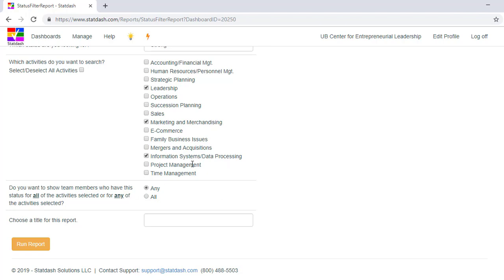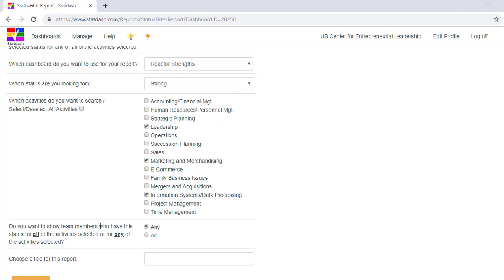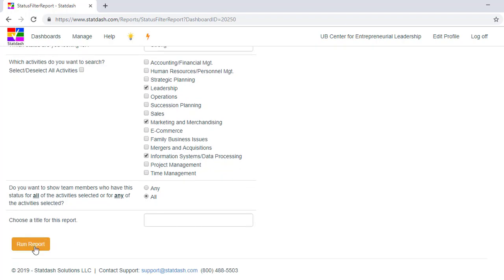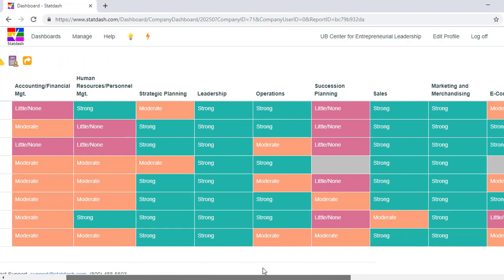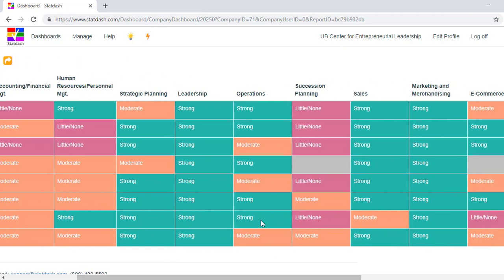And what I'm going to do here is say that I want to find reactors who are strong in all of these different areas. I can give it a report title if I want, and then I just run the report. So this came back out of a group we have, about 300 people in here, and it came back with this subset. And if you notice, we have people who are strong in leadership,